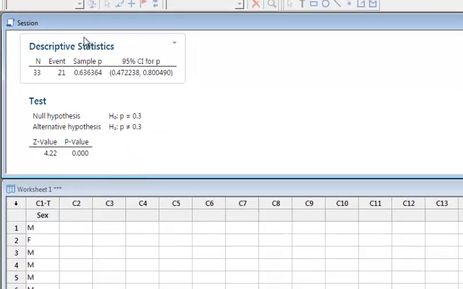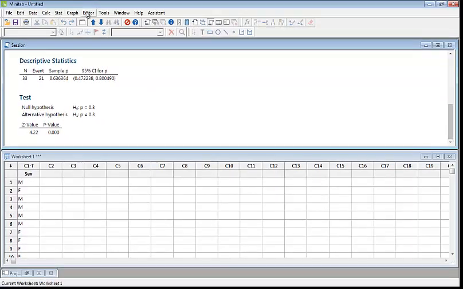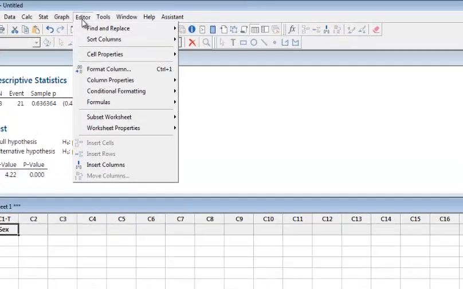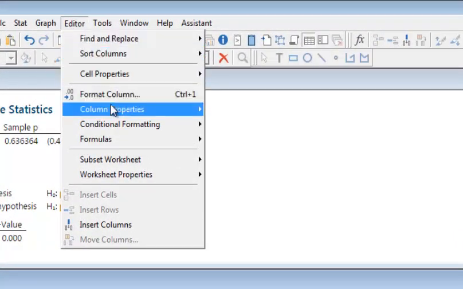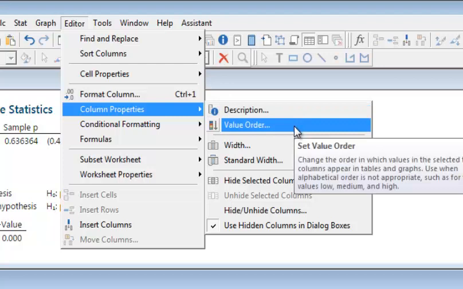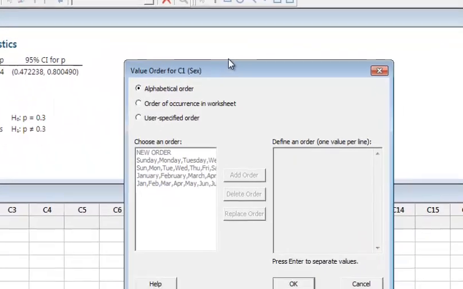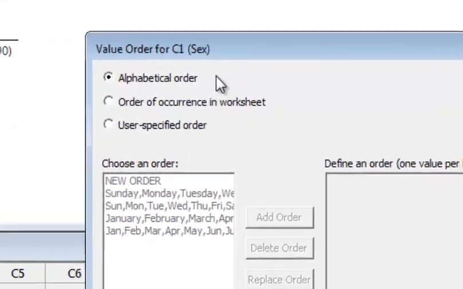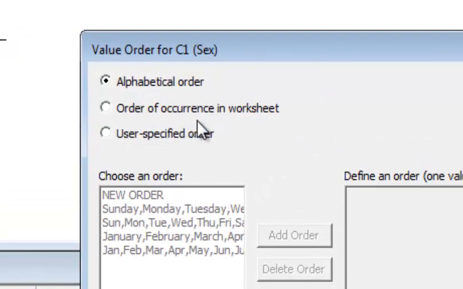Let us go to the variable here, click on the variable, go to the editor window, and inside the editor window there is an option of column properties. Inside the column properties you go to the value order. Here you can specify the custom order. If you click here, there are three options: alphabetical order, order of occurrence in worksheet, and user specified order.